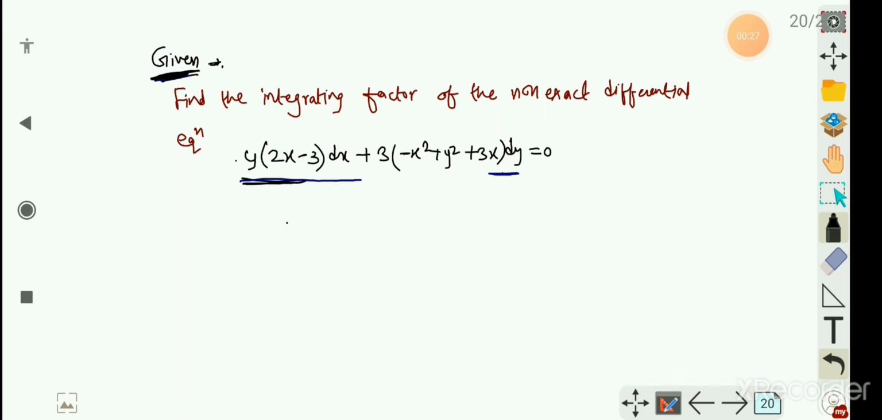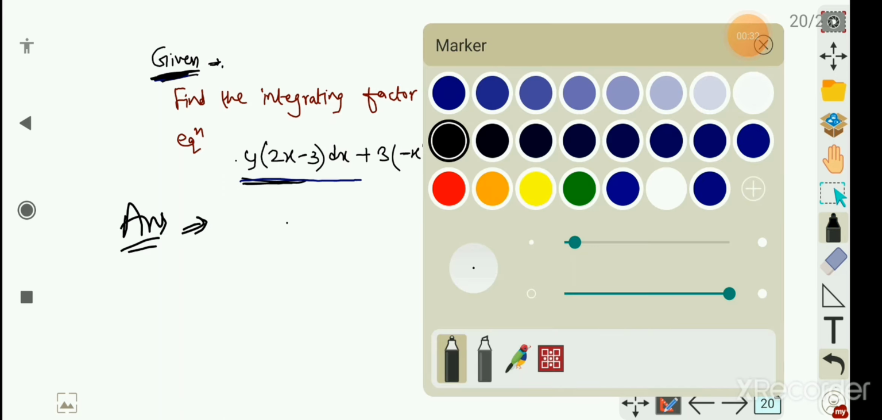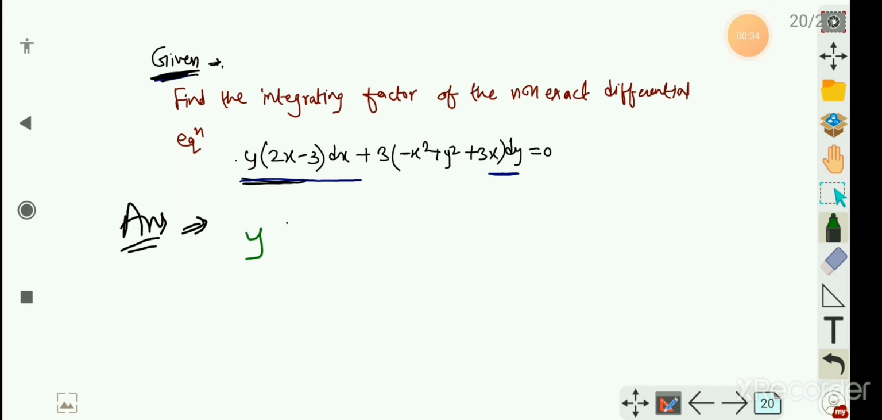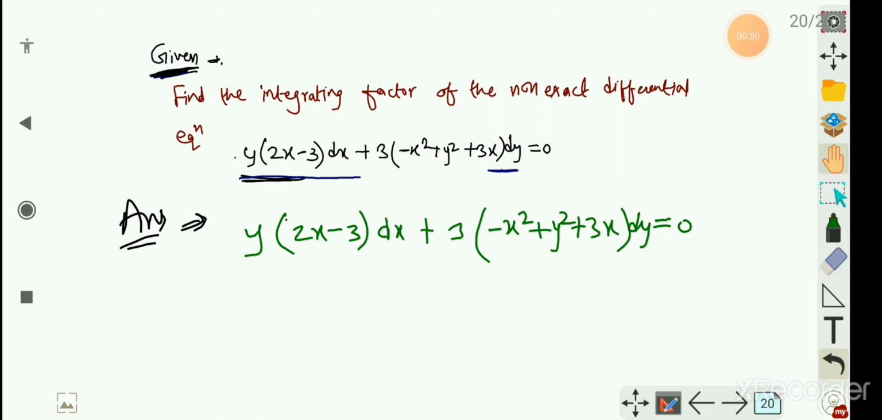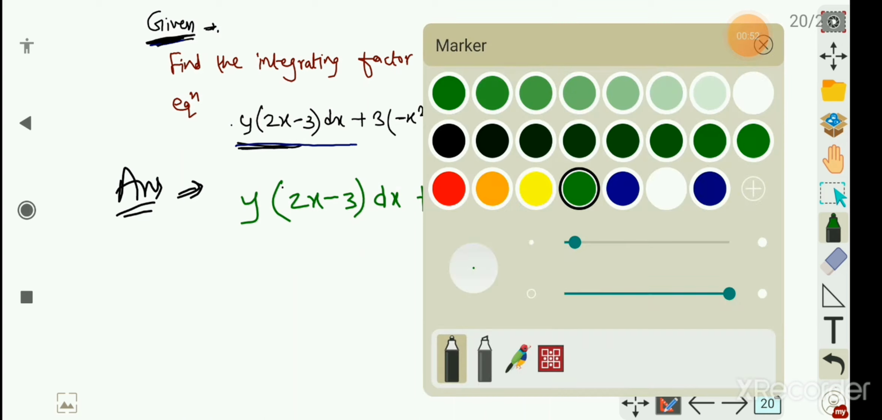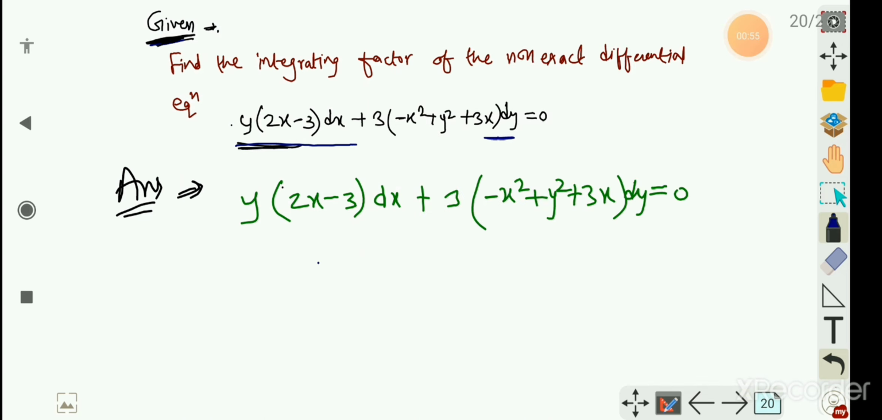In the answer, the first step is to write the given non-exact differential equation. So that is y(2x - 3) dx + 3(-x² + y² + 3x) dy = 0. Now I will call this equation 1. Now next, compare